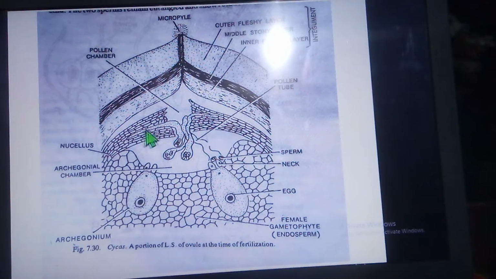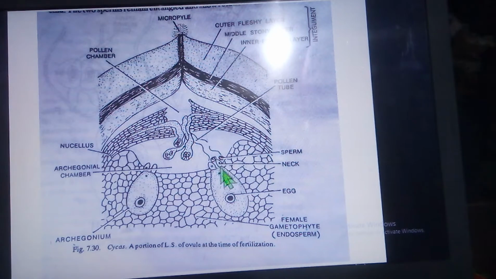Now we can see here that the pollen tube reaches the archegonial chamber. You can see here, this is the archegonial chamber. The tip of the pollen tube ruptures, releasing the two male gametes and also the fluid contents. So you can see here, this is the archegonial chamber, this is the pollen chamber. The nucellus gets disorganized and the pollen tube reaches the archegonia, where it releases the fluid content as well as the two sperm cells, that is the male gametes,